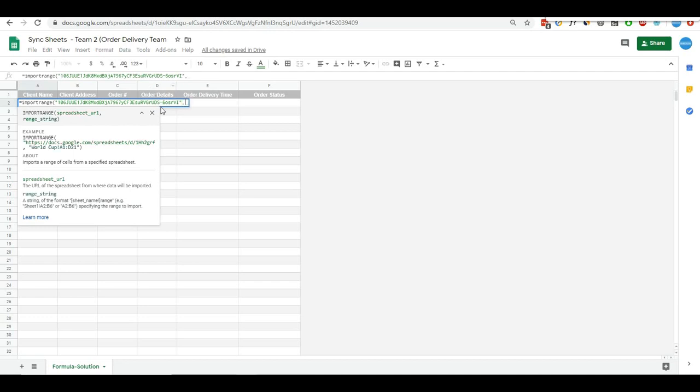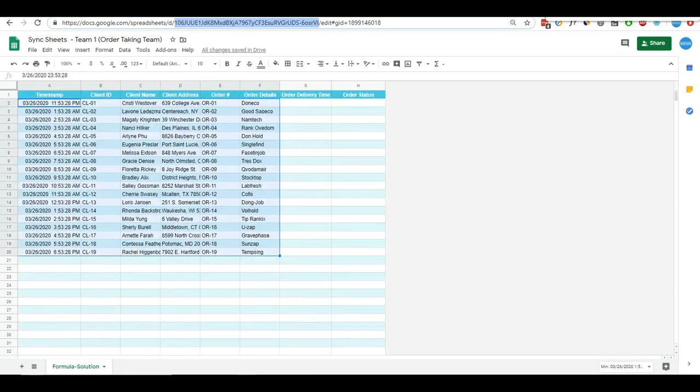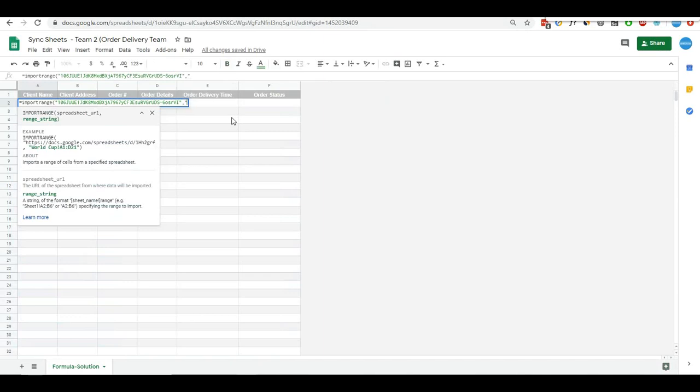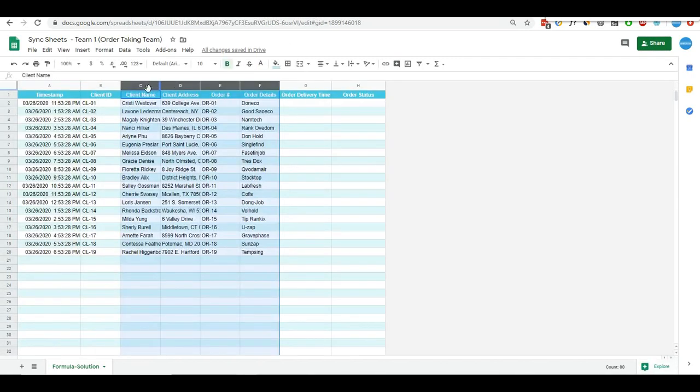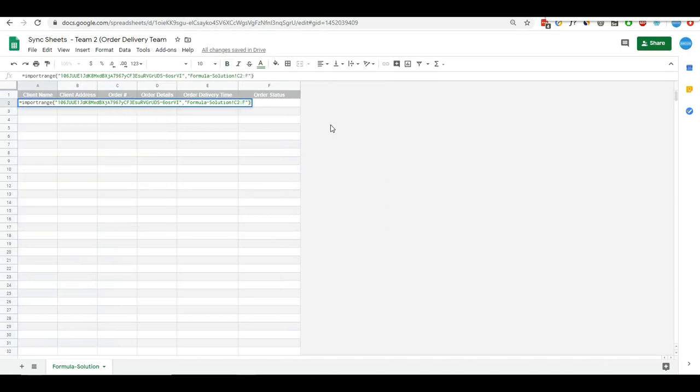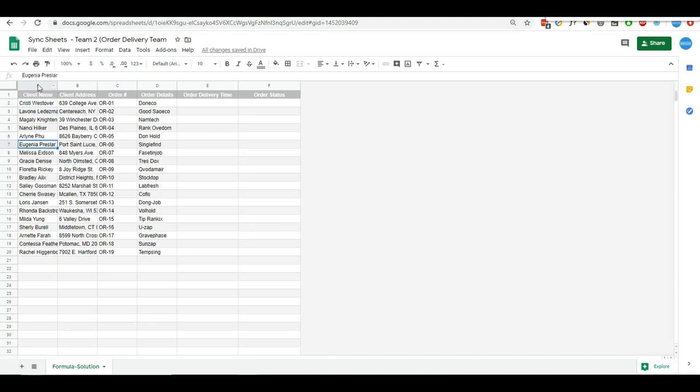After that I put a comma, and then I have to provide the range from which I am importing the data. So here is the name of the sheet. I will copy it, and the data which I want to show in my other sheet is from column C to F. So I will put double quotes, paste the sheet name, and the range is C2 to F. Then I will simply press enter,